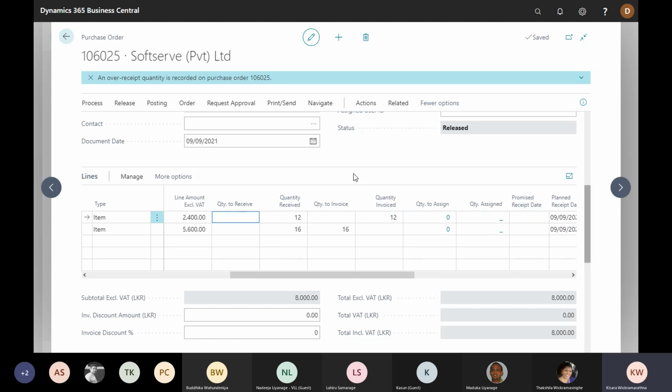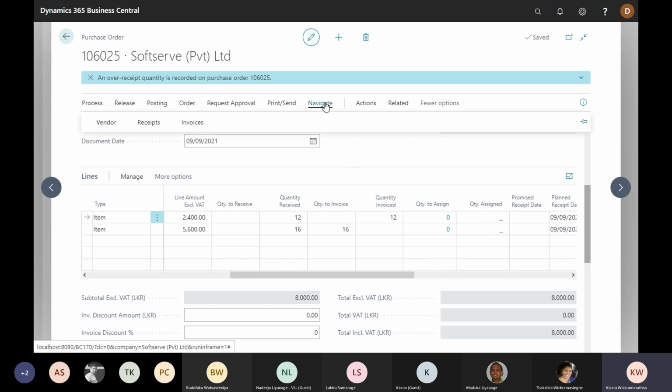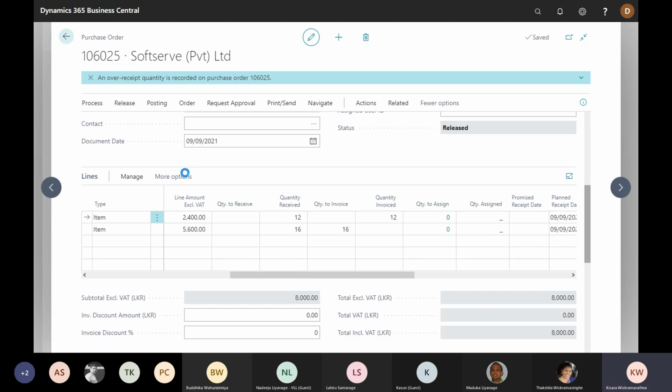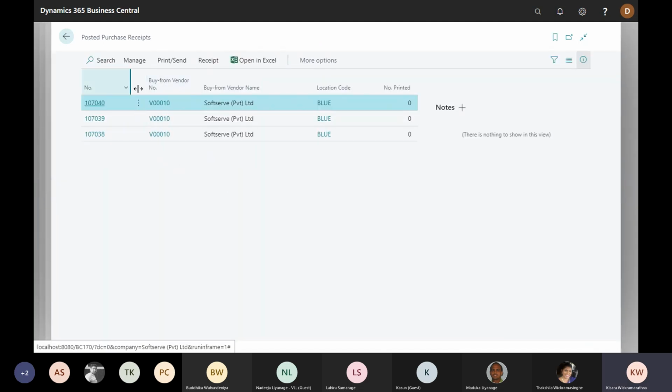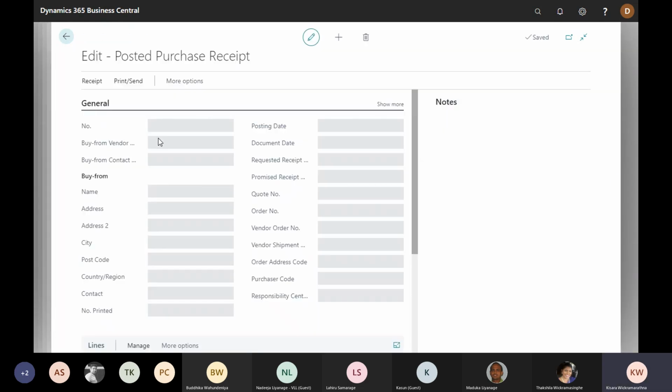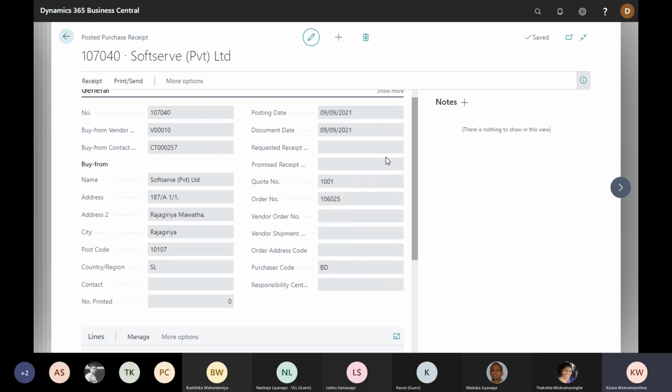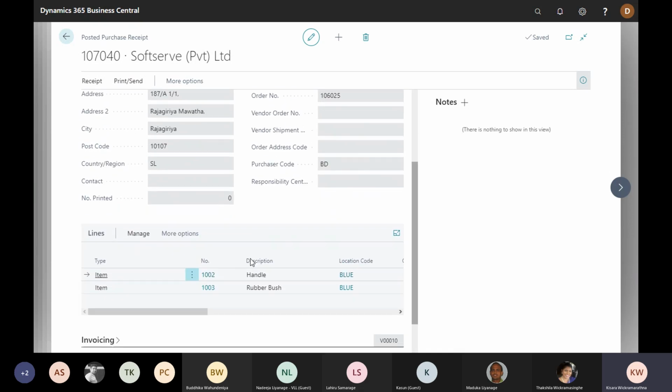You can see that by going to this Navigate button. If you click it, you can find there are 2 buttons called Receipts and Invoices. If you click this Receipts button, you can find what are the previous shipments that we had for this particular purchase order. So you can see for this purchase order, we have had 3 shipments. So let me quickly show you one. So if I go to this first shipment,